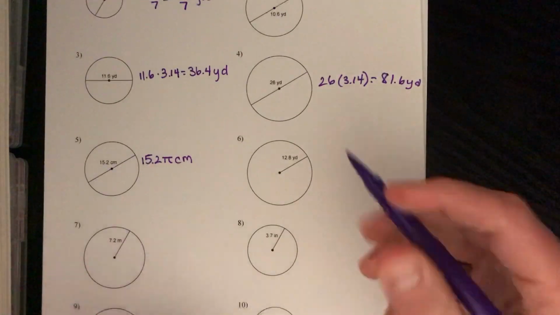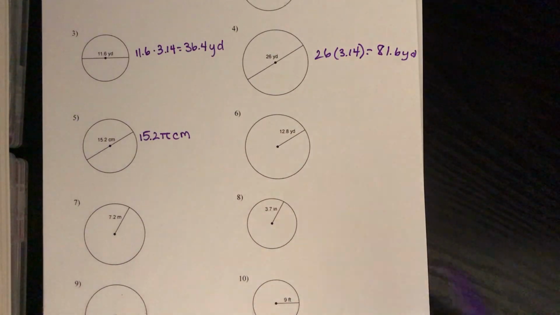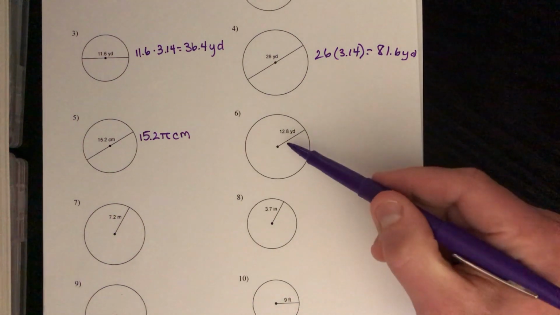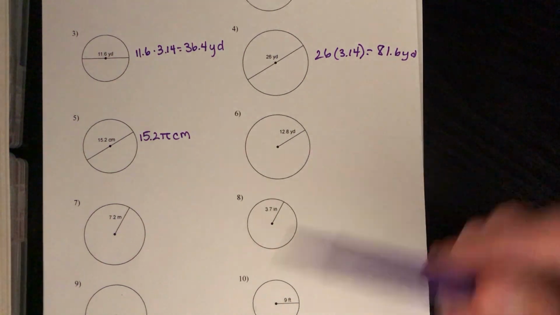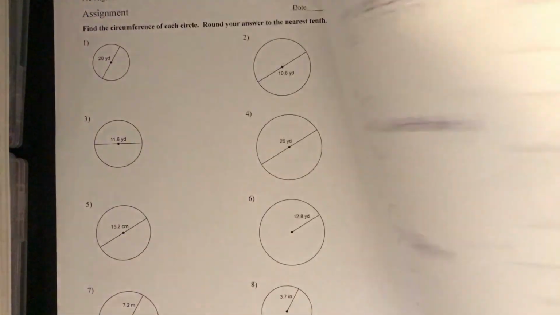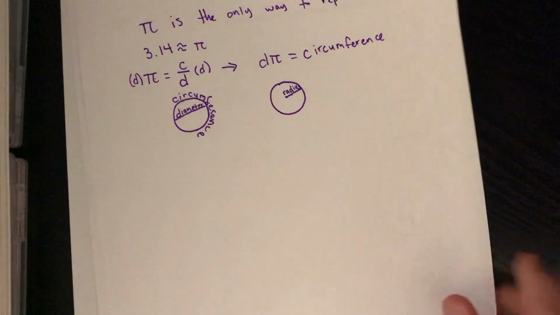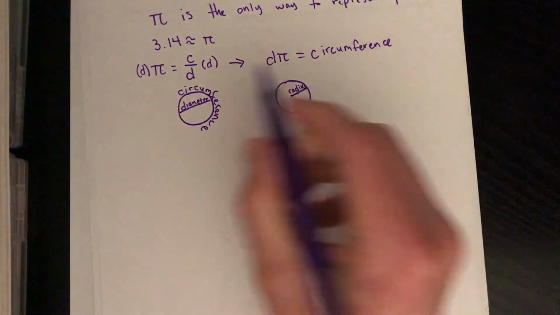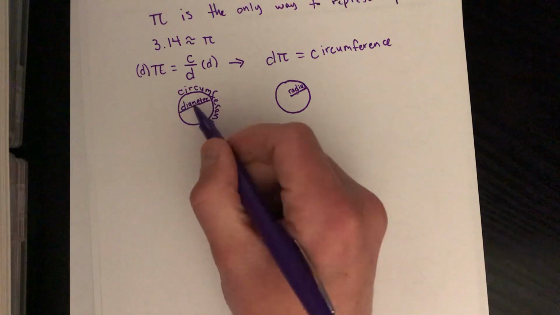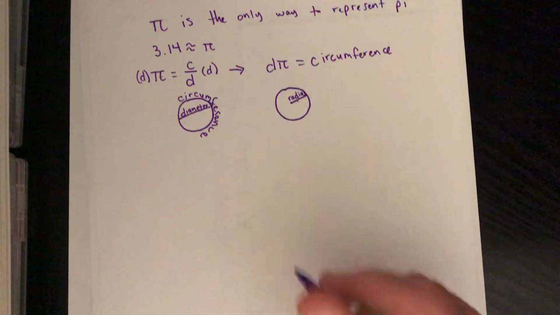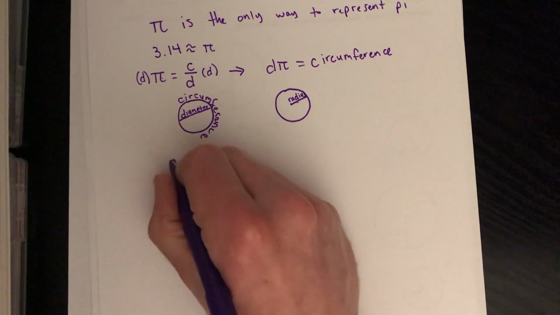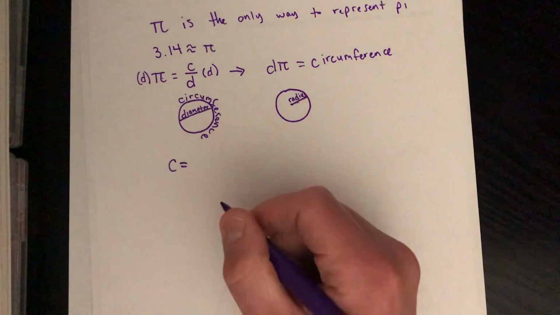All right, so notice the next 5. They're a little different because they give you the radius rather than the diameter. That's not a big deal. You should know that you can just double the radius to get the diameter. But I want you to see something else about it too. Let me find that one paper that I was already writing on. Here it is. So since the radius is half of the diameter, or in other words, 2 times the radius equals the diameter, lots of times you see the formula for the circumference written like this.